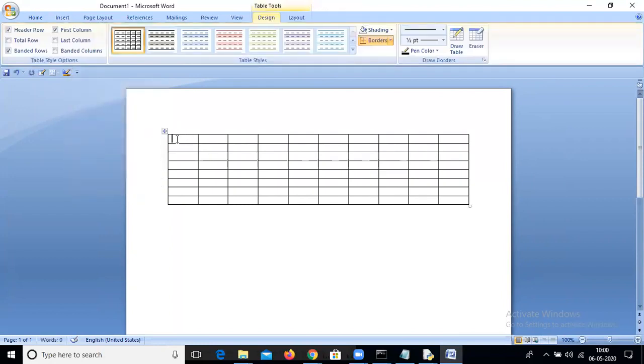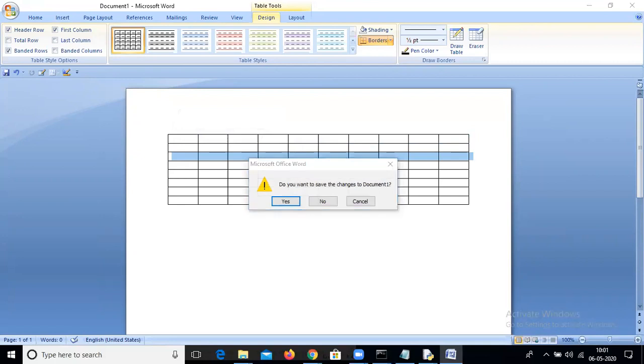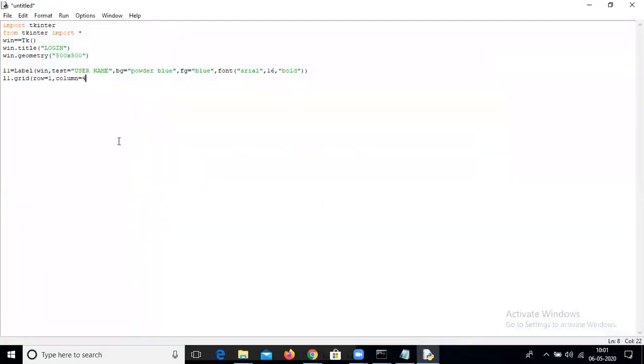These are columns. Vertically, these are columns. This starts from 0. Column 0. This is column 1. This is column 2. This is column 3. This is column 4. Similarly, this is row 0. This is row 1. This is row 2, and so on. Understand what is row and column? Okay, let me go to the code again. Our topic column is 4.